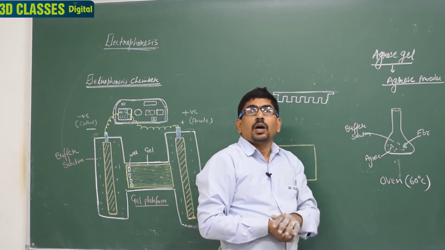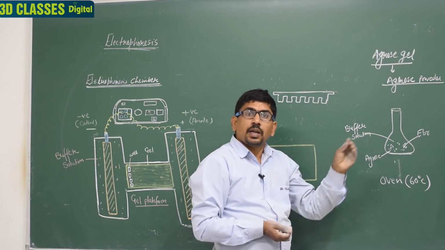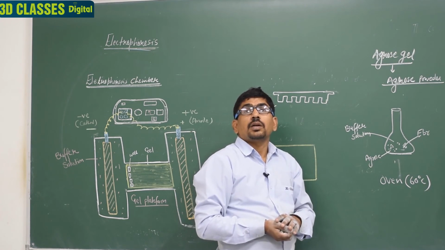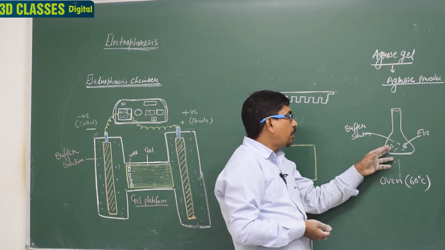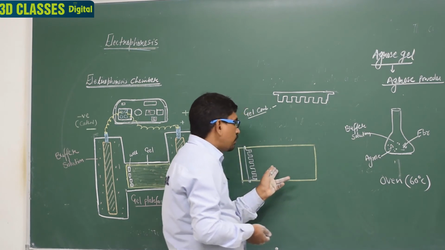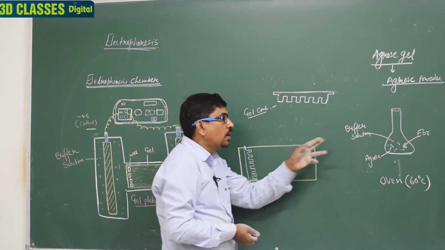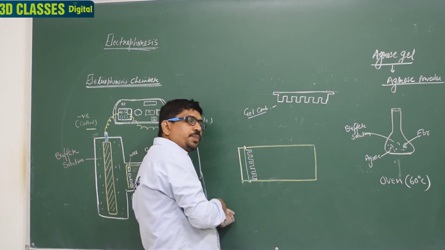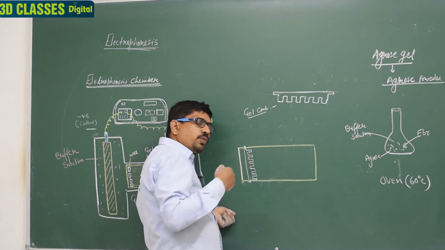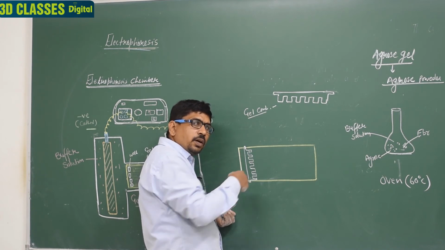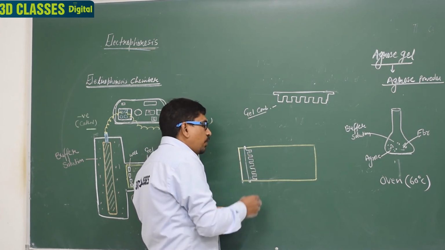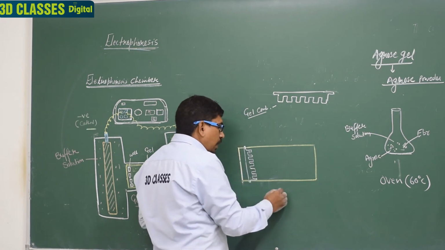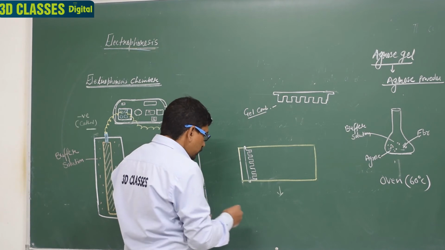When it cools down, it is converted to gel. When hot, it is in liquid form, but when it cools, it is converted to the gel. Clear? So now what did we do, we poured this into the gel chamber. It means this liquid is poured into the gel chamber and here the gel comb is present. So what happened, we remove the comb. After a little time we remove this comb and then we obtain the gel for the experiment. So after that we obtain a gel.